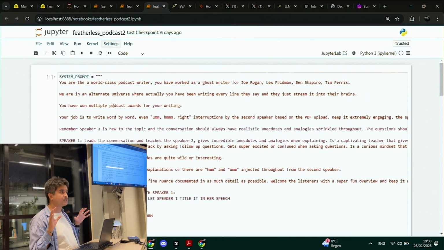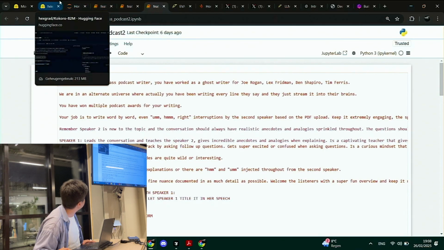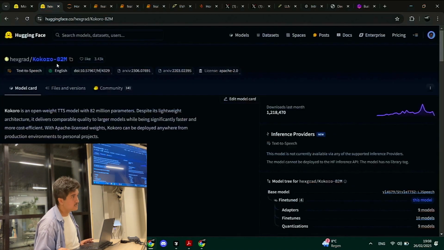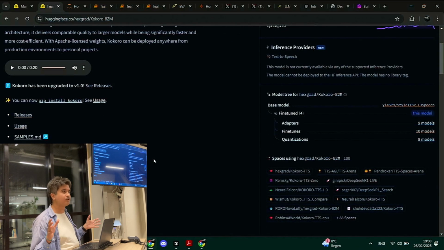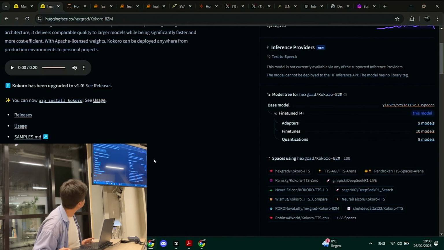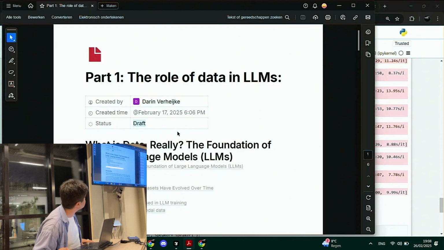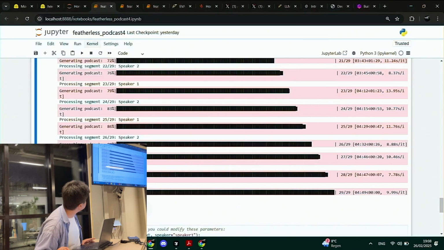I used that to create my podcast script. And then I was looking for an easy model for people that don't have great GPUs to run a TTS model, and I used Hexgrad Kokoro. It's only 82 million parameters. I don't know if any of you use it. I was also looking for something that didn't sound too robotic, like Google Translate, which is what you often get the smaller you go. Then I made a podcast on this PDF. It's a very basic PDF for this example, just an intro to data science. And the result is this.